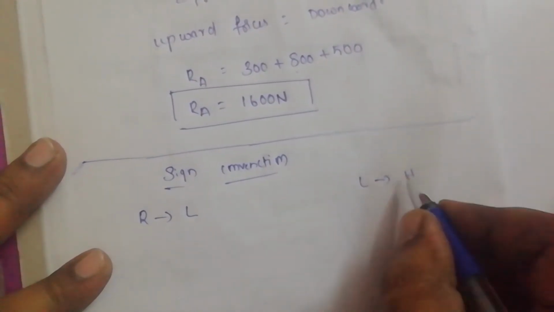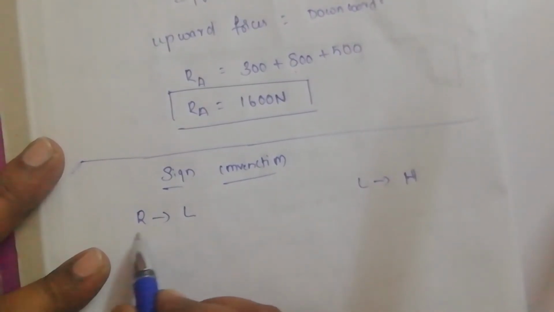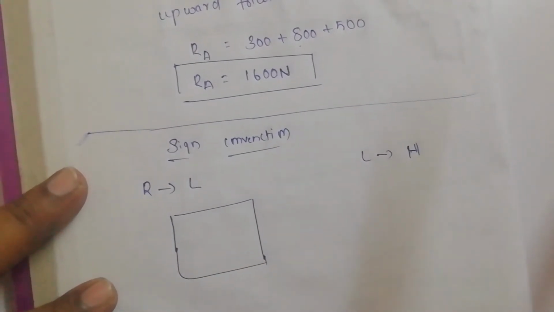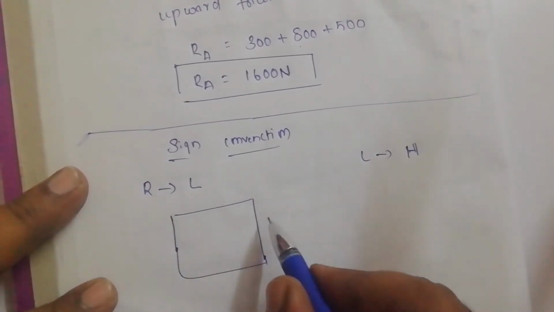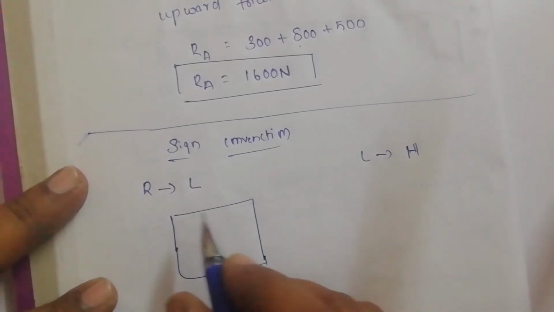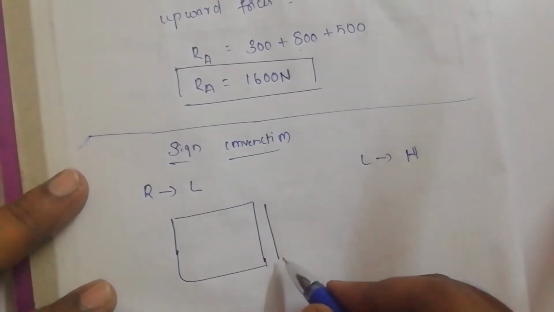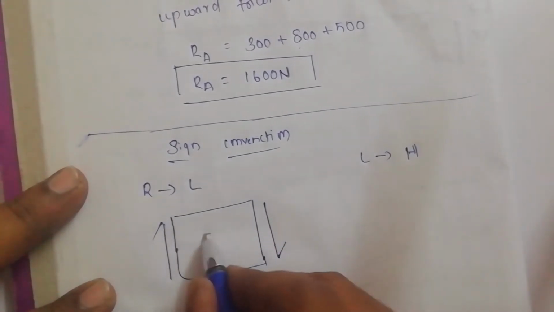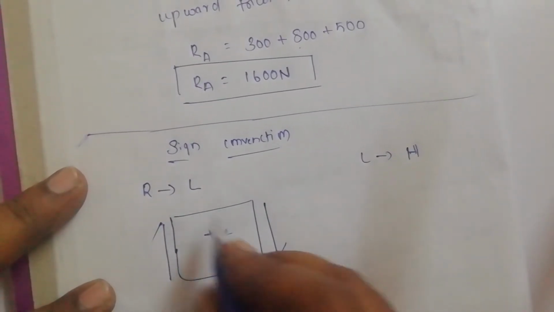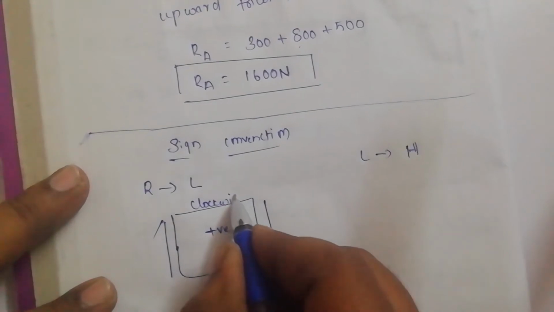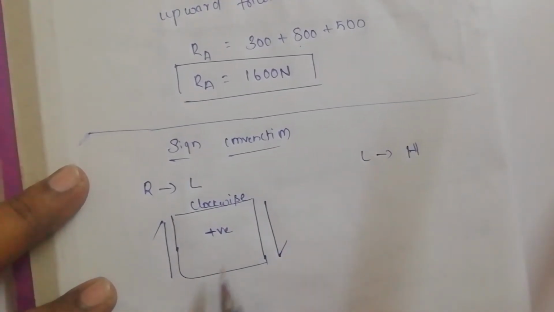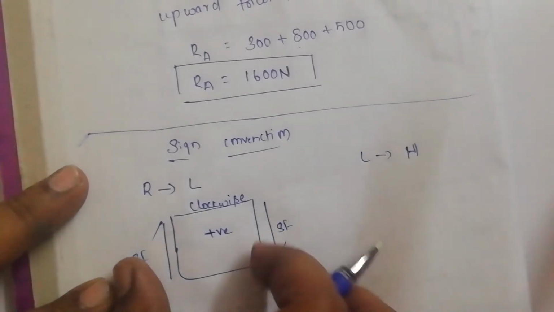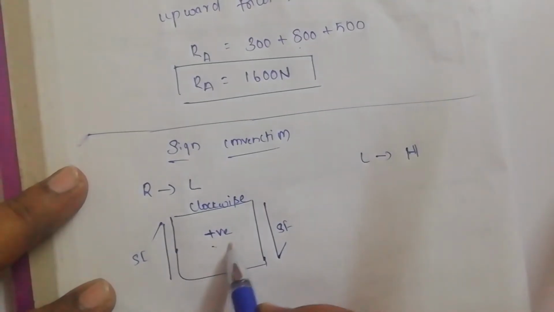Okay, so this we have already discussed in our lecture. So let us revise this. Since it is right to left, if you are having a rectangular section like this, and solving from right to left, then for this object the shear force is nothing but the force acting parallel to this. Let us take these as the shear forces acting. If these two shear forces are trying to rotate the object in clockwise direction, and clockwise we generally take as positive, then we have to consider it as positive.